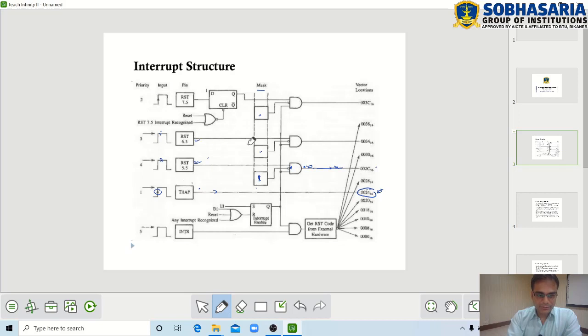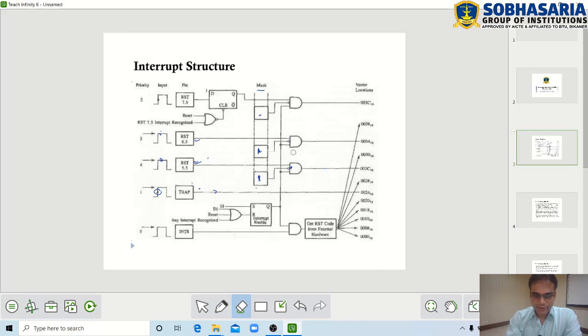Similarly with RST 6.5, if we set the masking bit for 6.5, then this 1 creates a 0 in this AND gate, and if there is a 0 in the AND gate it ignores all other inputs, so this line will be disabled and the interrupt is not going to switch to this particular location. So the interrupt is not going to work, right?